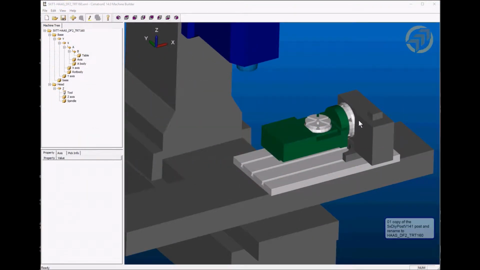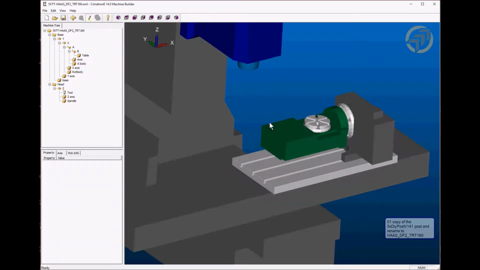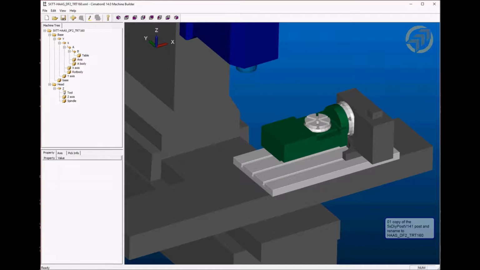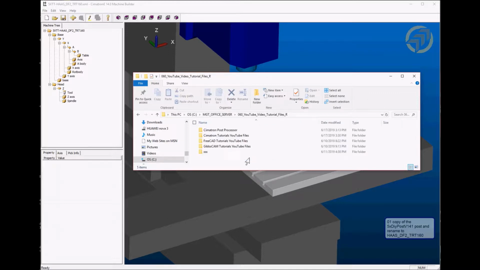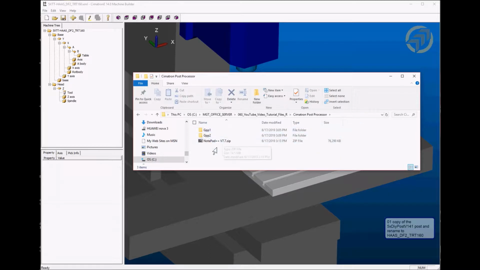Okay, from the previous video, I showed you how to create the machines, those HAAS machines. Next is to create a simulation post-processor to simulate this machine in Cimatron. To do that, you need to go to our FTP, go into this folder here, and go in the post-processor, GBP2. And you need to get a copy of this DIY post,